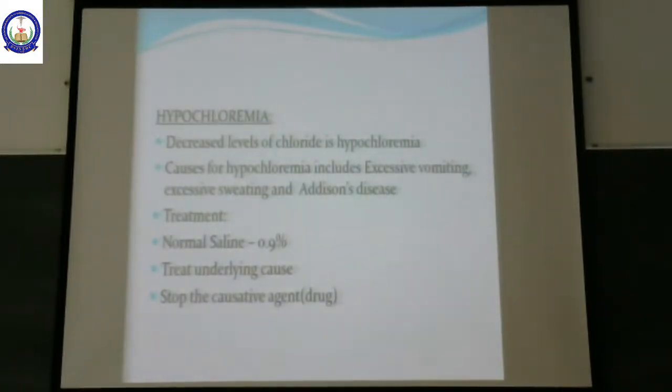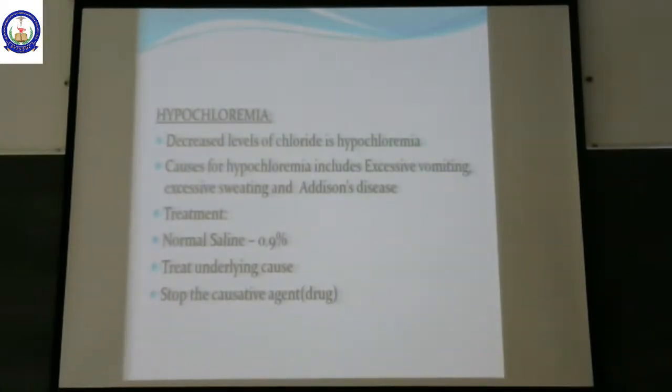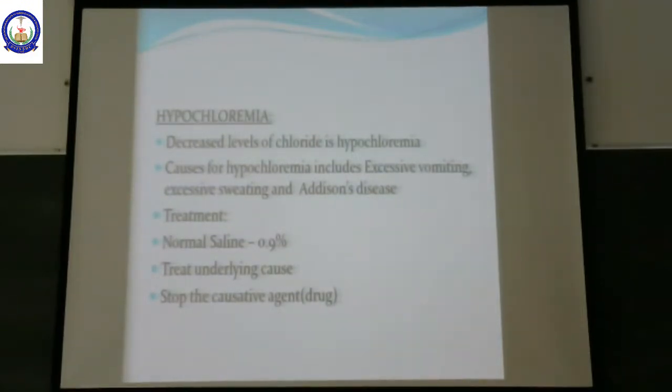What is critical? The values which are less than normal or more than normal are called critical values. These should be immediately brought to the notice of the higher ones, because they can lead to a lot of